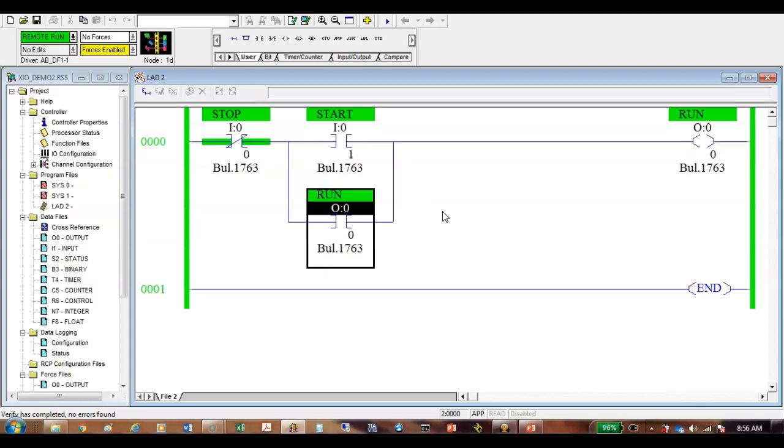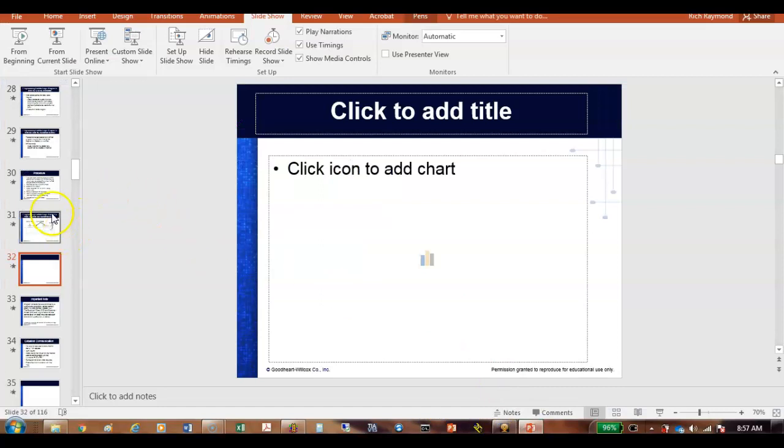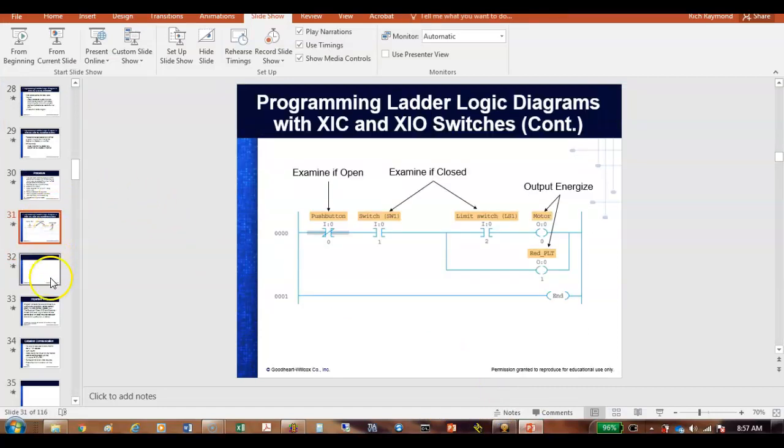So we're not supposed to use a normally open push button for a stop button. So I'm saying examine if open. This is an examine if open, and I have the switch open. So instead of using that normally closed stop to get this thing to work, what I had to do on my